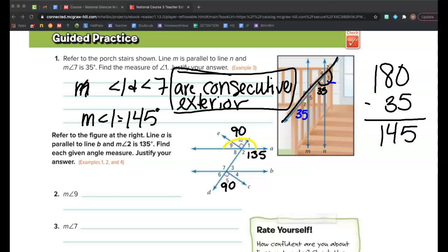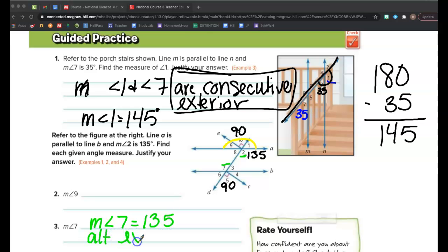Okay, so let's skip down to number 3. Caden's talking about number 3. He said angles 2 and 7 are alternate interior, which means they are the same. So the measure of angle 7 equals what? 135. 135, and we know that because they are